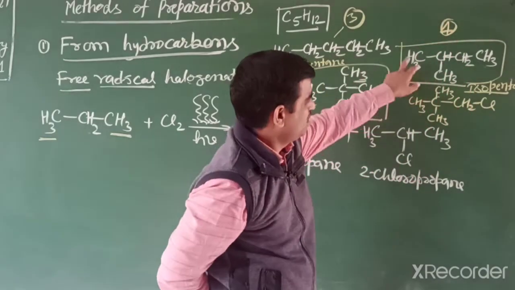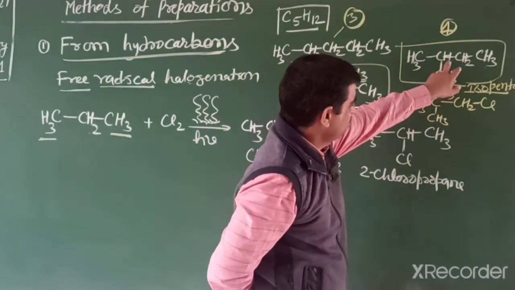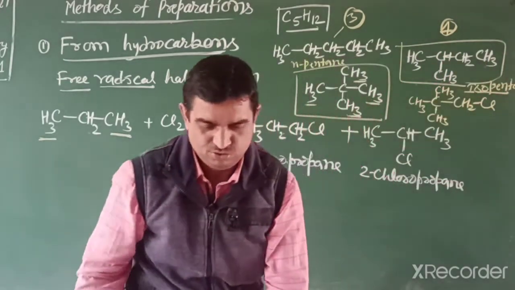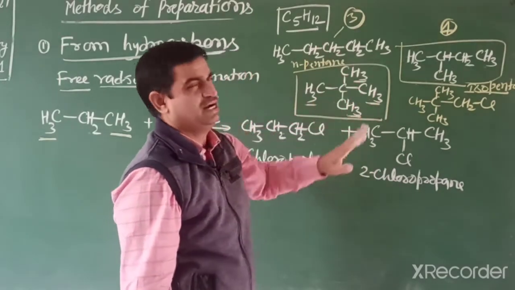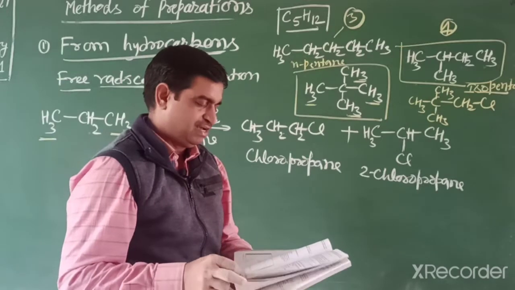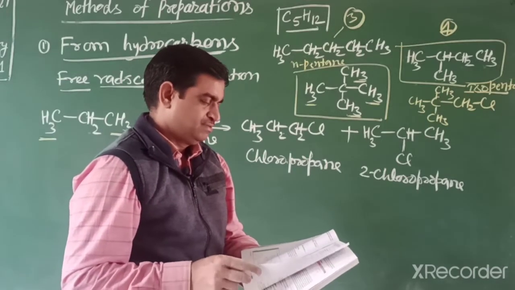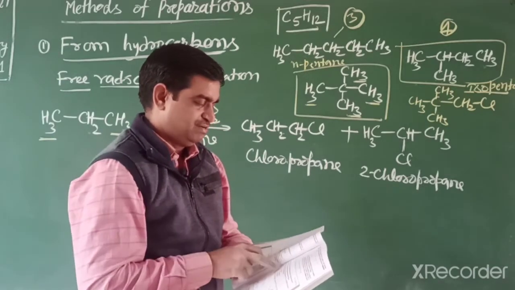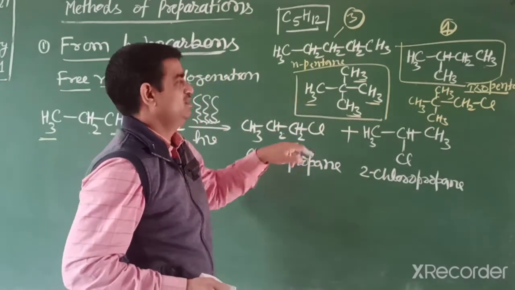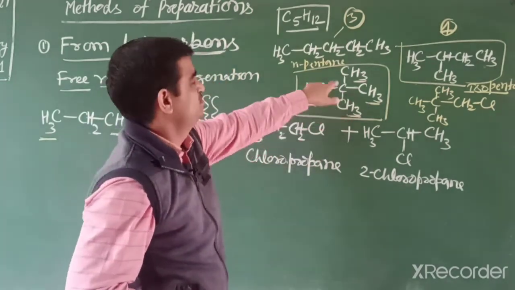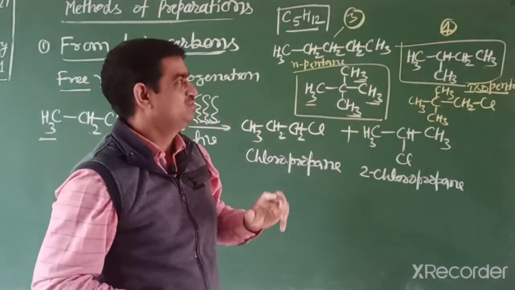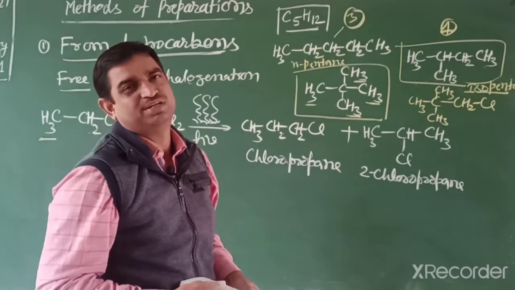If you remove one of the 6 hydrogens, or this 2, or this one, in this way, if you remove any one hydrogen, then you get a different product. And last year this question came in your exam: identify the hydrocarbon that gives a single type of product, this gives only 1 type, this gives 3 types, this gives 4 types. Why? Because different types of hydrogen are available.